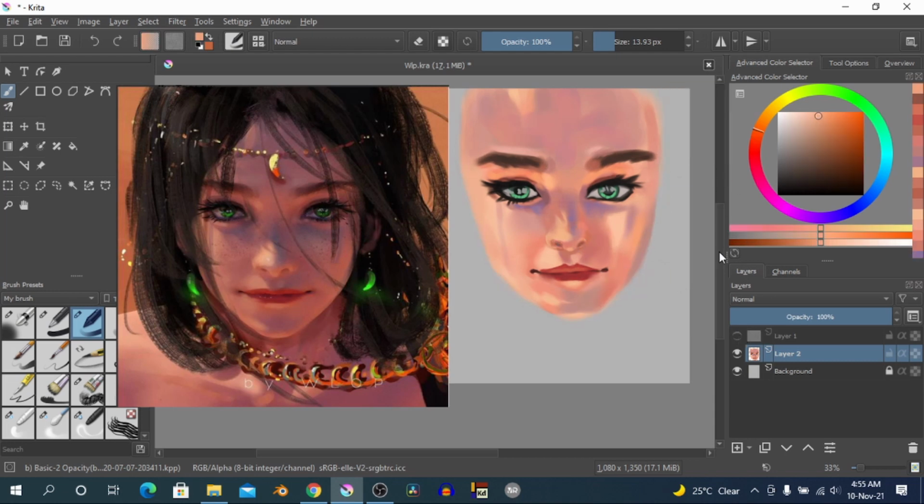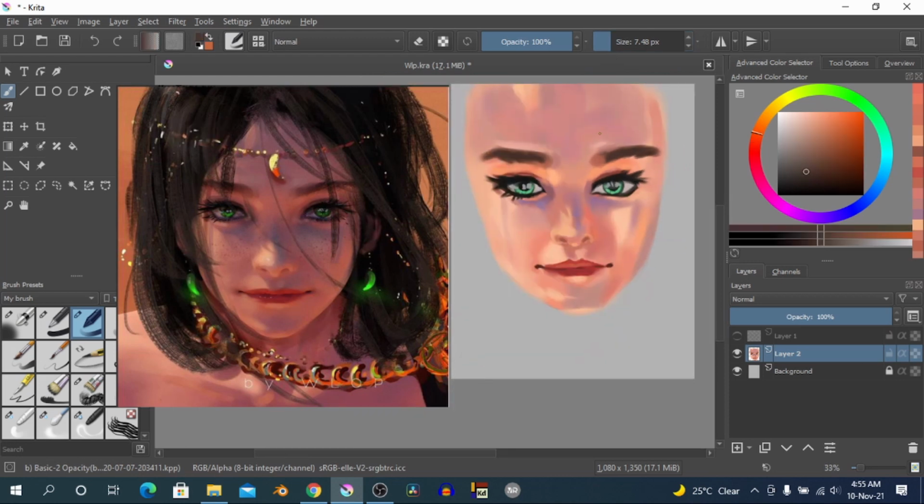Also, learn a little bit of anatomy when it comes to drawing eyes, because most people are suffering from, as some artists call it, fake eye syndrome, where you're drawing what you think an eye looks like and not drawing what an actual eye looks like. So if you can, you have to learn anatomy a little bit. So like I said, the tips that I can give you for drawing eyes is to draw both eye